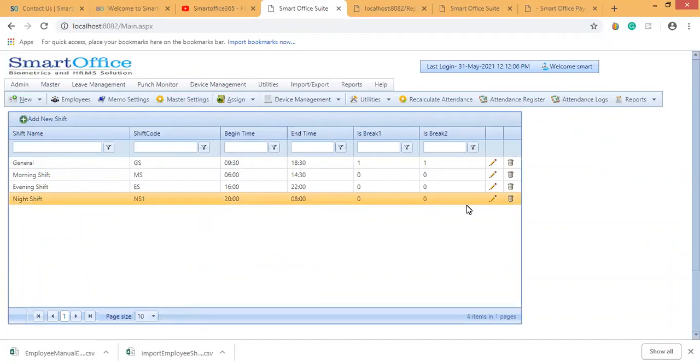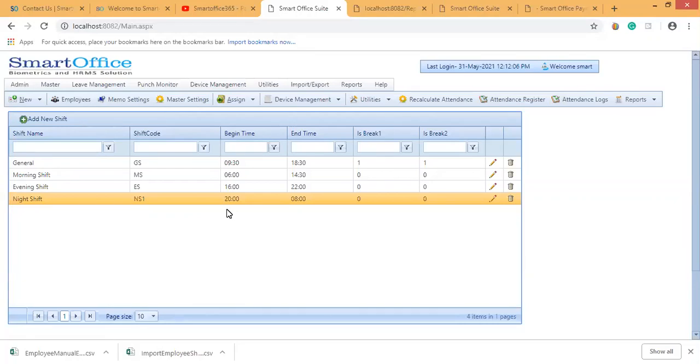If you're sure that all the shifts are going to end at a single shift timing, then you can go for the flexible shift. Because in a flexible shift, you specify a particular end by, say for example 6 o'clock. That means whatever shifts are going on, they have to end within 6 o'clock.